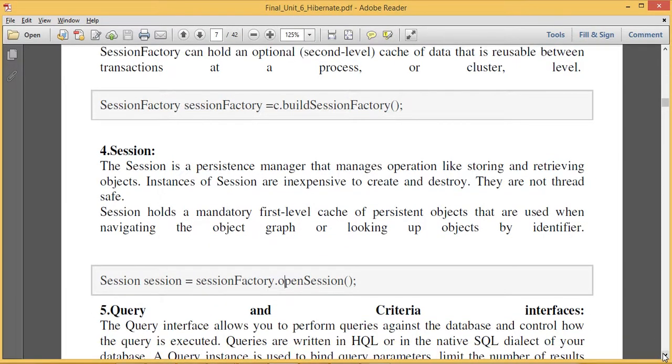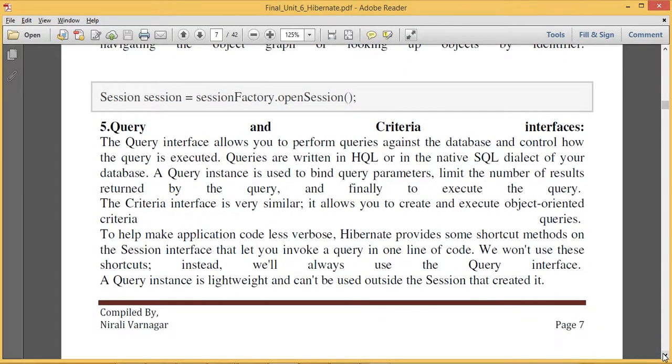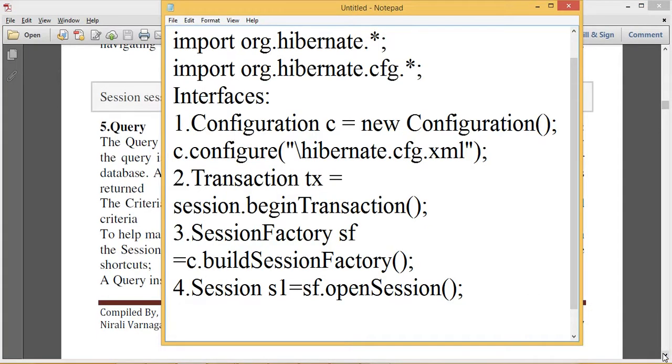And the last, we require the interface support of the query and criteria interfaces. As we all know, in JDBC programming, while we are writing queries, we have the support of the Statement interface, PreparedStatement interface, and CallableStatement interface. But in the Hibernate framework, we require the support of the Query interface. We will see this Query interface in depth while working with the code. Clear? So whenever you develop any Hibernate application, you require the support of these 5 different interfaces. Clear?